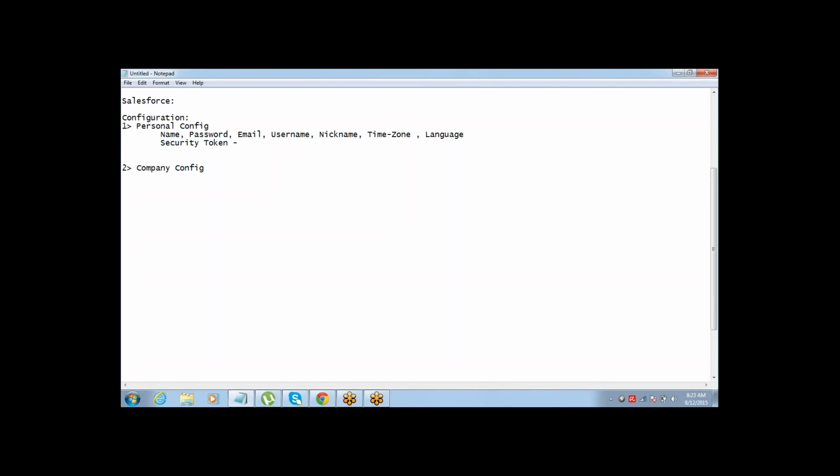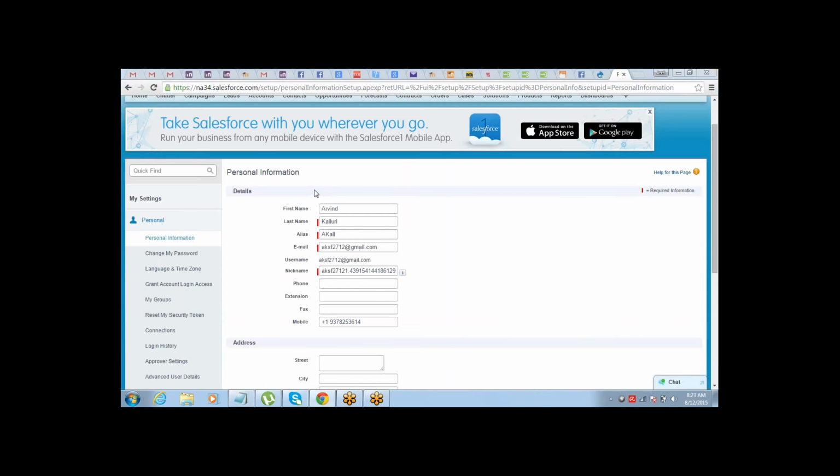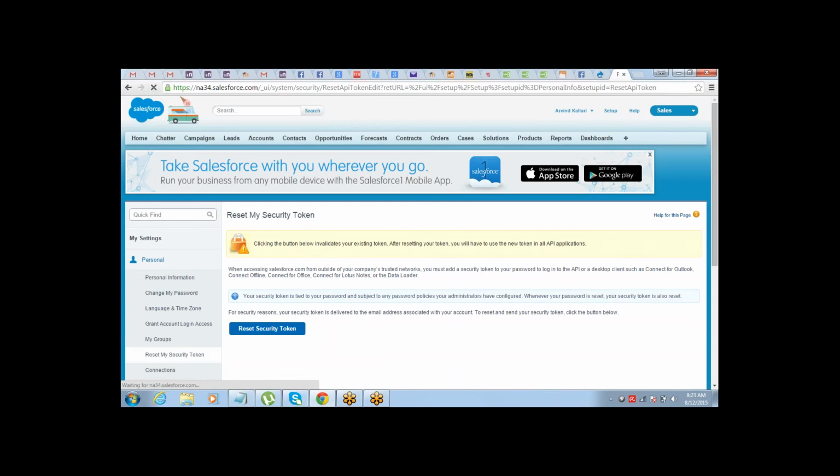Or while you are accessing your Salesforce.com from a network which is not a trusted network. I'll talk about a trusted network a little later. So that's what you can set from here. For now, let's just understand that security token can be reset from here. And since it's system generated, you just need to go and say reset security token. It will automatically reset your security token and send it to you through an email. So you don't need to create or define the security token on your own. You just need to reset it.